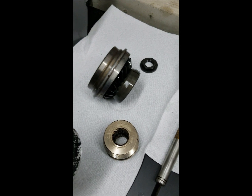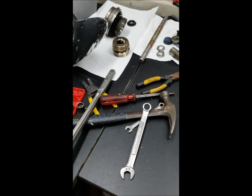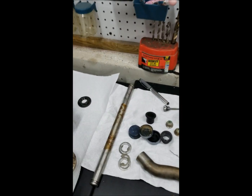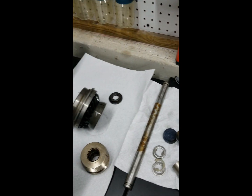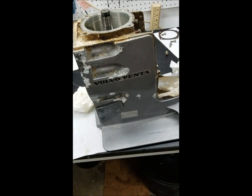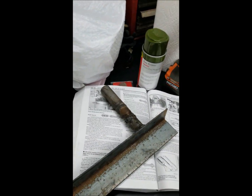Okay, well, got it out, but not without heartache. So silly me thought I was going to use a ratchet, or a ratchet and a breaker bar, on both sides of this, and just crank that nut off. Well, it's actually torqued to 110 foot-pounds, and just to note, it's a left-hand thread, so you actually go clockwise to take it off. But yeah, that didn't work so well. The whole housing just wanted to twist on you, and there's a reason that Volvo makes a special holding fixture. So after a bunch of swearing and messing around, I did this